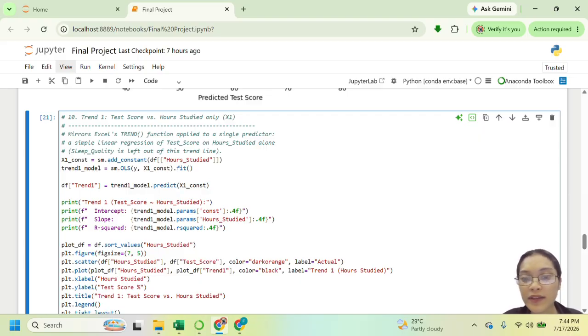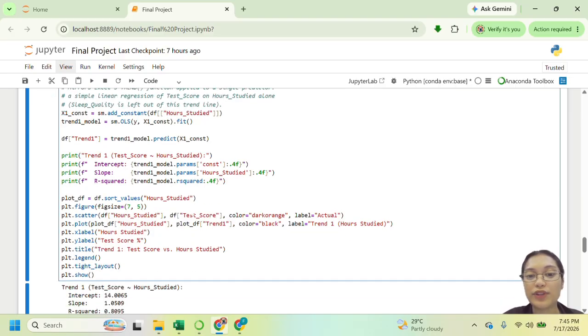So, this gives an intercept of 14.01, a slope of 1.0, and an R-squared of 0.8095. In other words, on its own, hours studied already explains about 81% of the variation in test scores, almost as much as the full two-variable model,